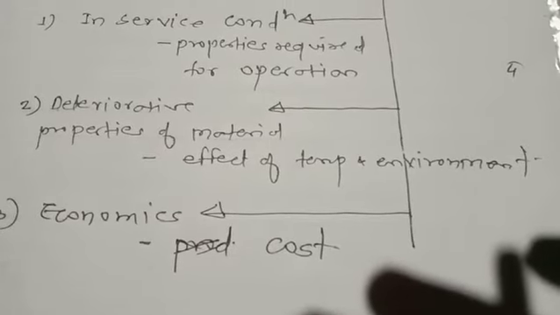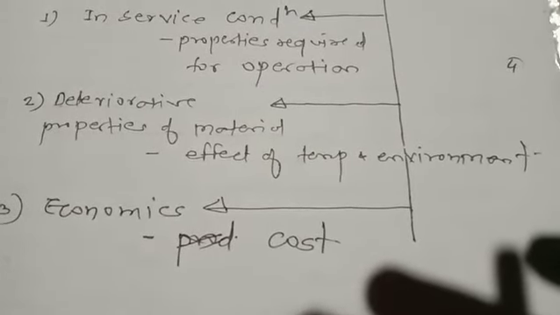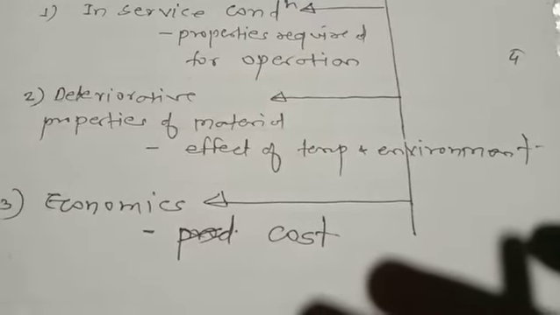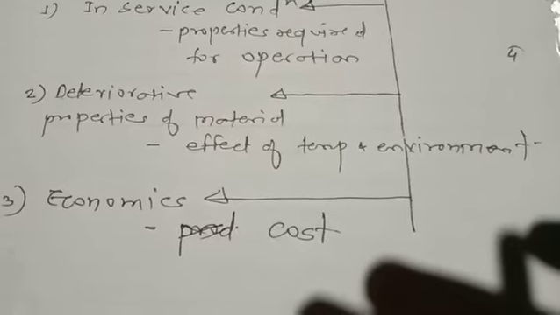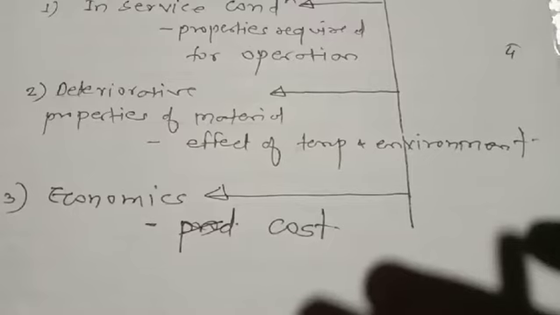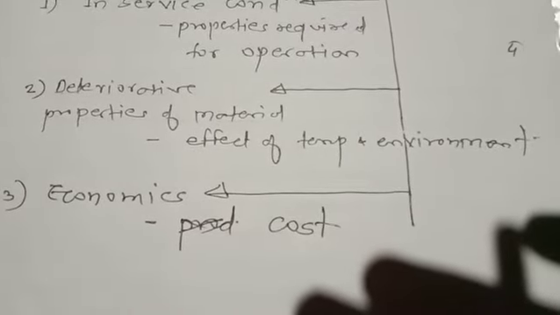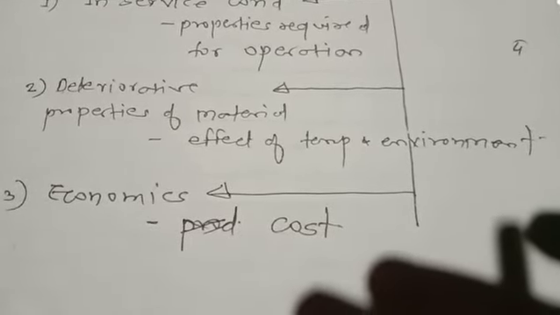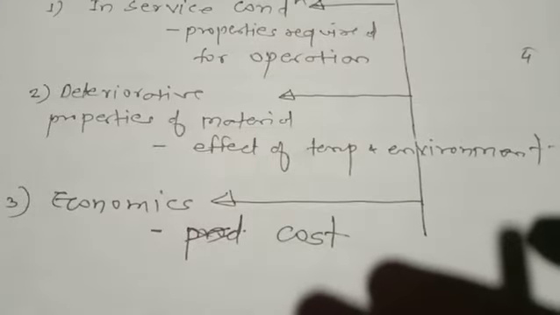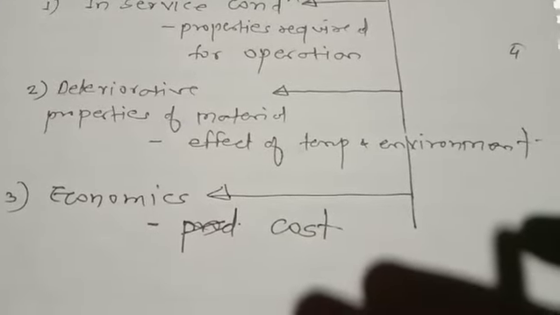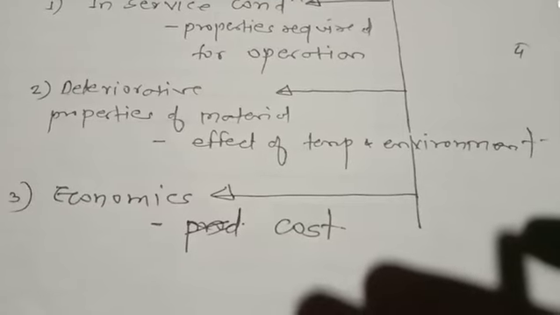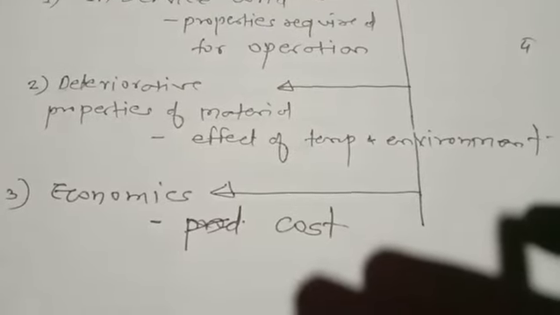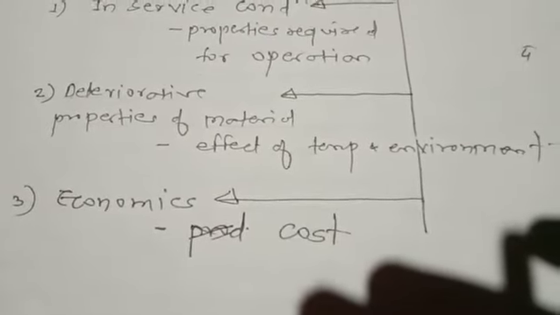If you take the example of a furnace, the material of the furnace, definitely what will be the temperature in that situation? Maybe 1000 degrees centigrade, right? Or any other component which is operating at high temperature and in a corrosive environment, then definitely we need to find the material which nullifies the effect of temperature and environment. That is a very important thing, right?